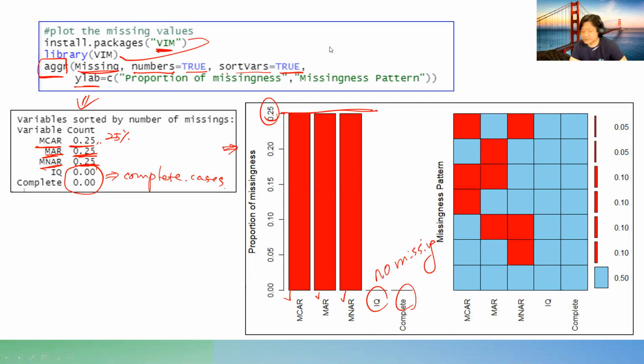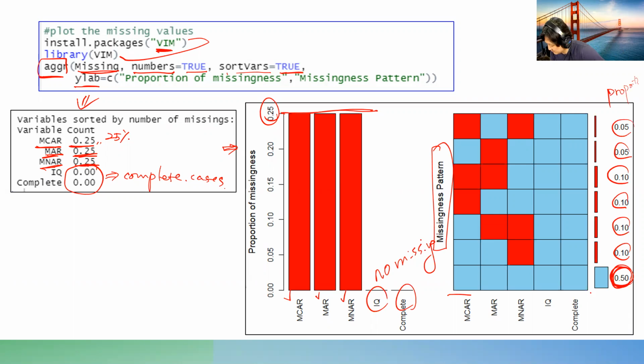And then last, missing pattern. This is another graph. These numbers are proportions. Okay, this is a proportion. So 50% of your data has no missing, right? No missing. And 10% of your data has a missing, but missing occurs here,